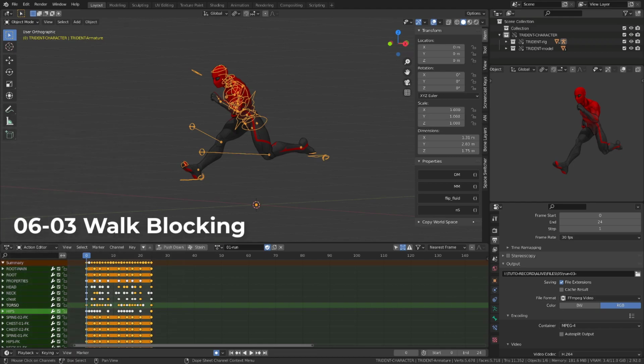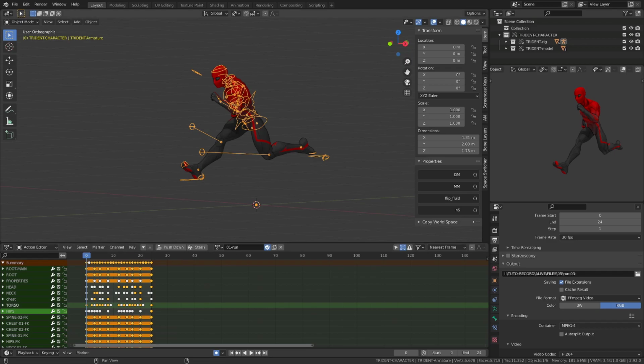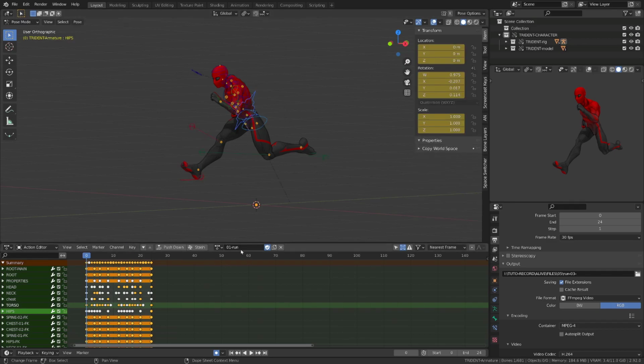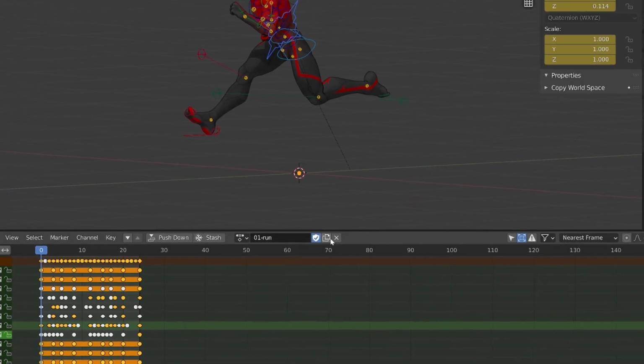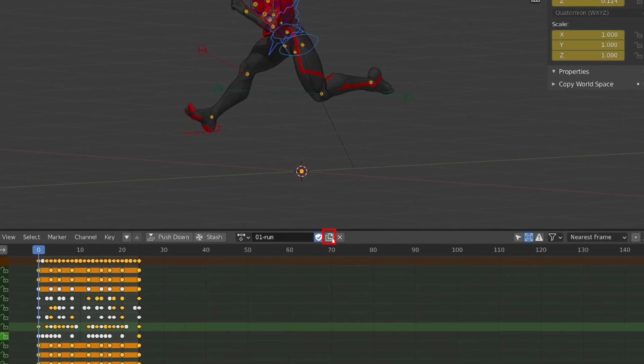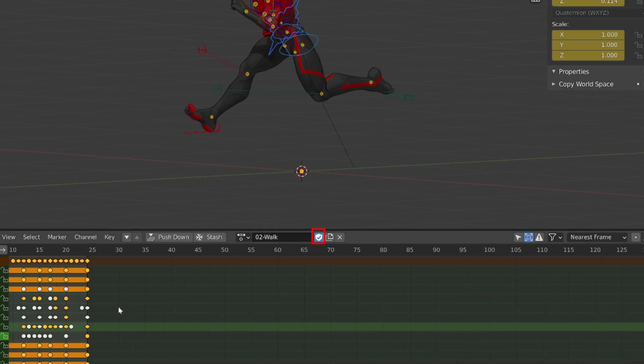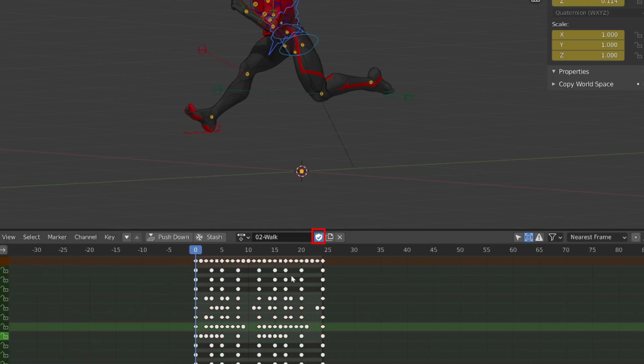Let's start the blocking of our walk cycle. I will start where I left off in the last chapter, and I will create a new action. So I will go into pose mode, select my character, and press this icon to duplicate the run cycle. From there I can rename it and click the shield icon to make sure I won't lose this data whenever